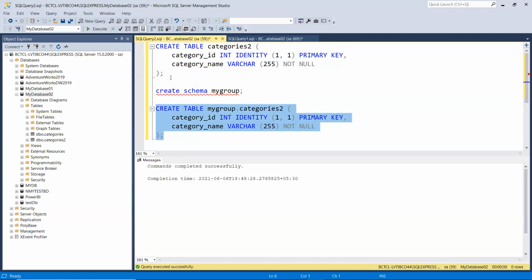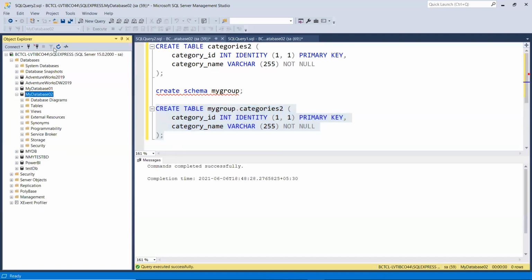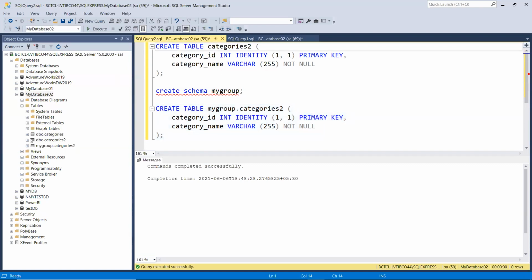If I execute this code, then refresh and go to the tables, I will have my new table, but it is coming from a different group. Is this clear to everyone? My point here is, if you don't define any group name, it will go under the DBO group, and if you want a particular group name, you will have to define it separately.